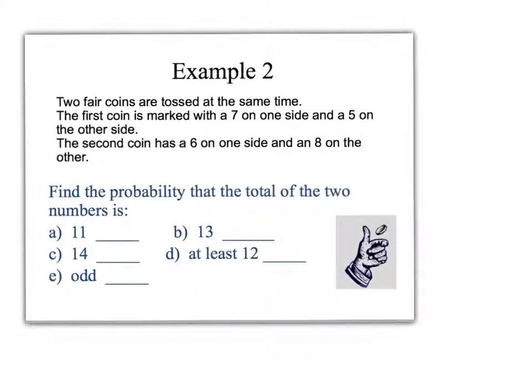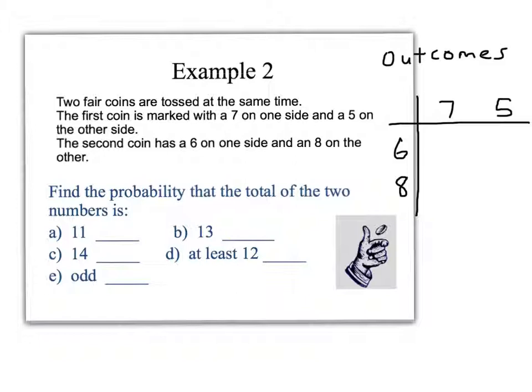Next one, if I have 2 coins, if we only have 2 objects, sometimes it's easy to write that in a two-way table. I have 2 coins that are tossed. On the first coin, I have a 7 and a 5. On the second coin, I have a 6 and an 8. So this kind of table is helpful. This is actually called a table of outcomes,